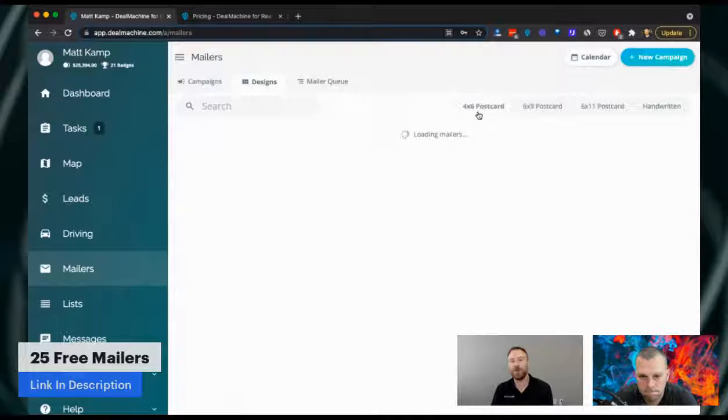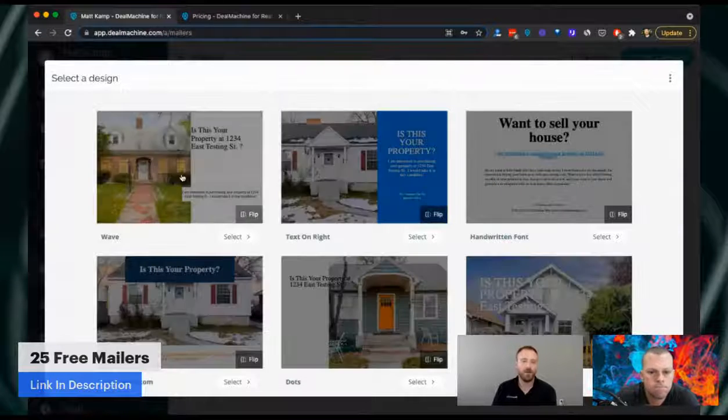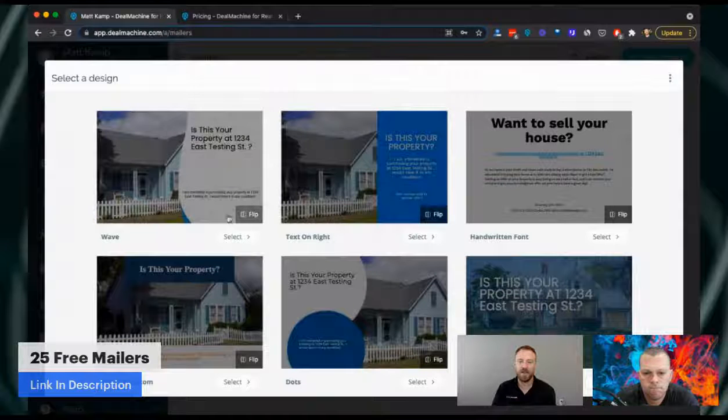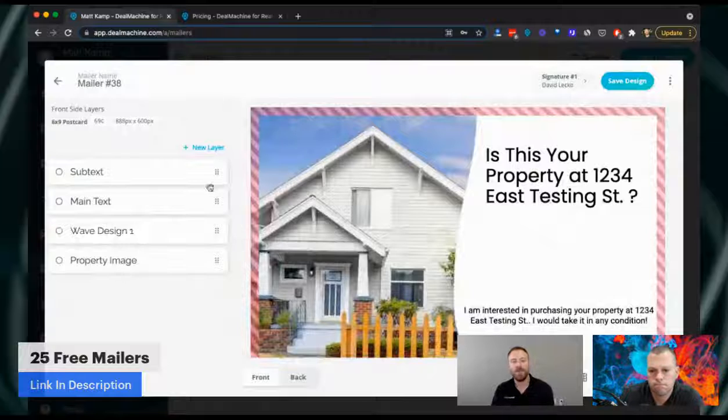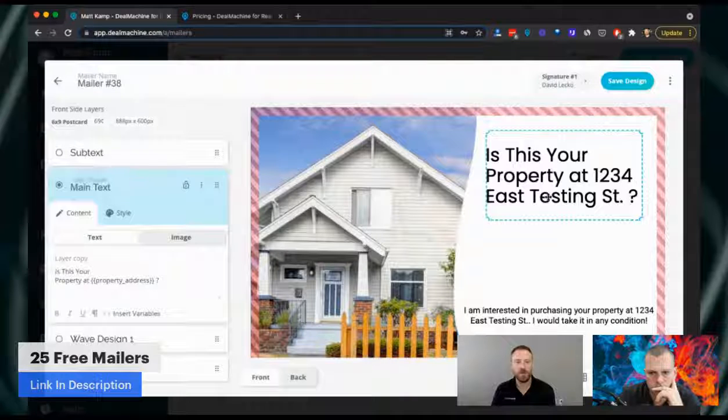The cool thing I want to show off here with any of these, so let's go to 6x9 here. When you hit create mailer, you can just use one of these as kind of your baseline design and say, okay, I want to select this. But now within this, we basically built your own Photoshop within the app. So you can actually go in and really quickly say, hey, I want to change up this design, move these elements around, go to the main text and really simply and easily say,